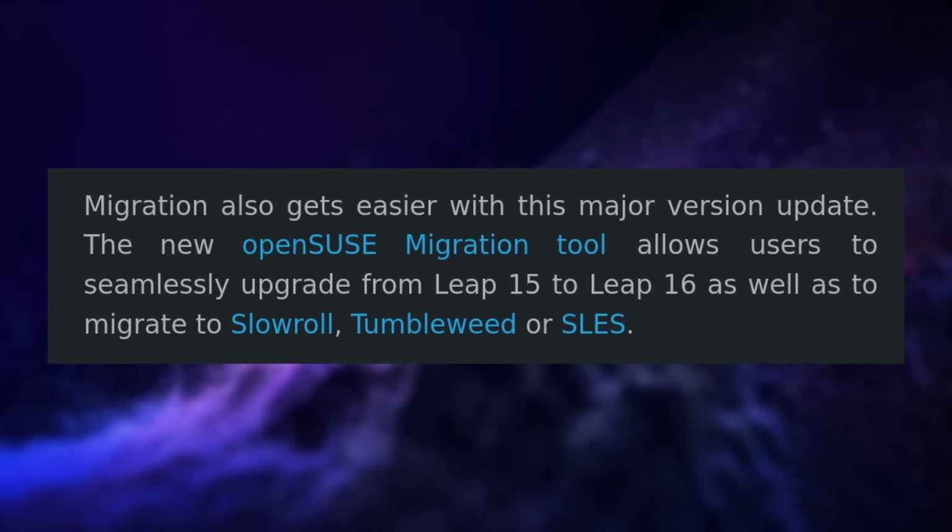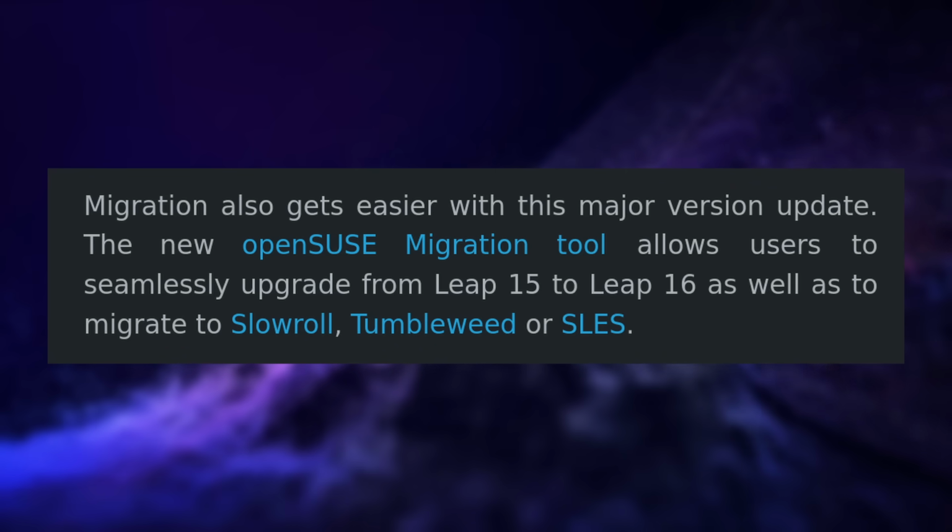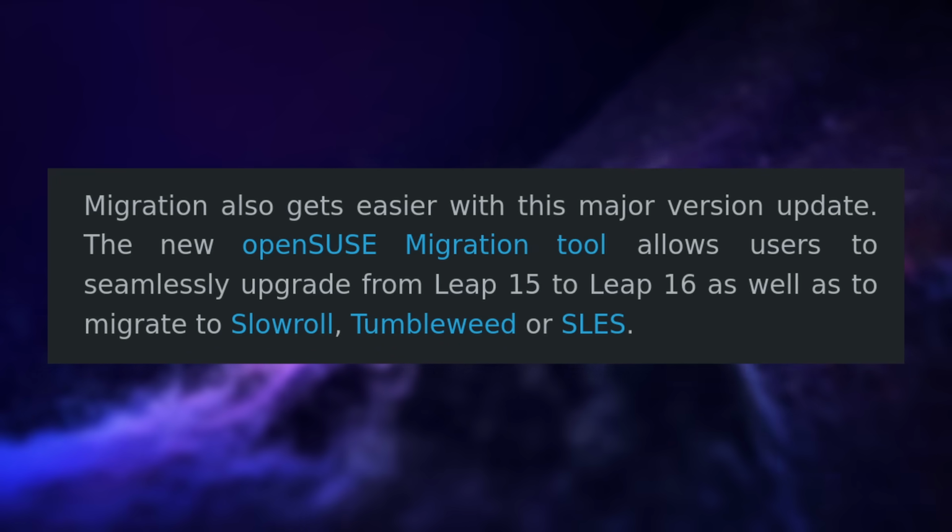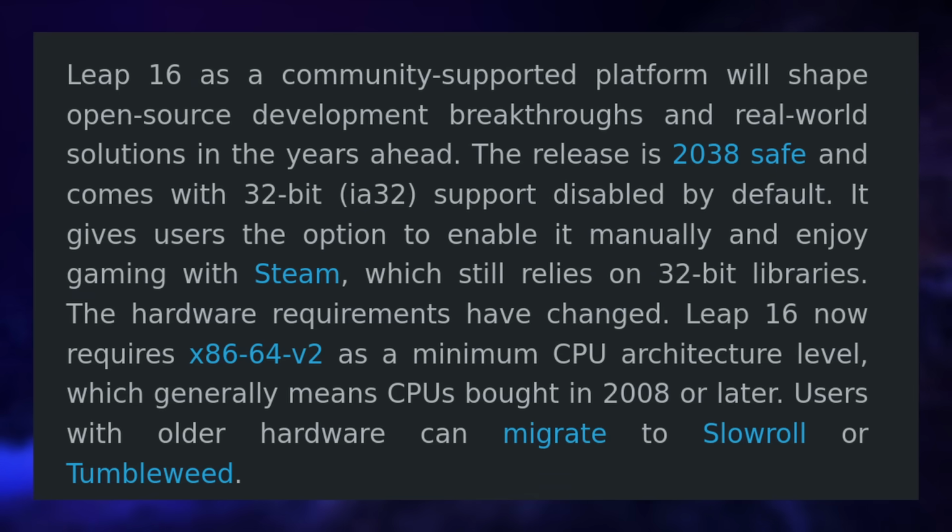GNOME is stuck to 48, 49 was released way too close to the end release date of Leap 16. You don't get Plasma 6.5 and you won't get it, you get 6.4 instead. 32-bit support is also entirely disabled by default on Leap 16. You will need to enable it manually if you want to run 32-bit apps like, for example, Steam and some